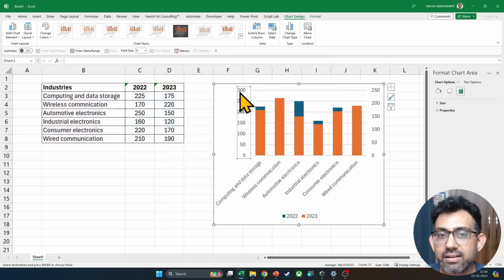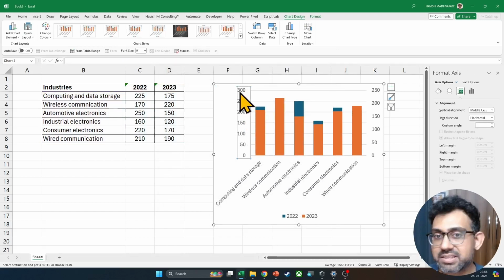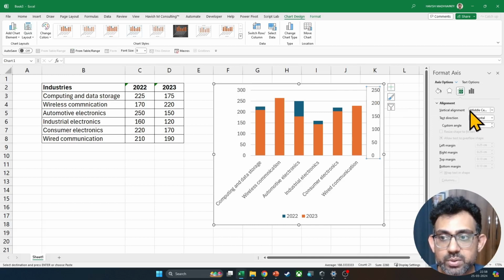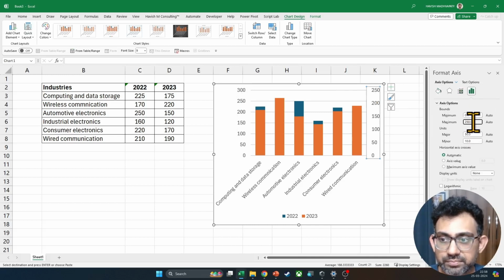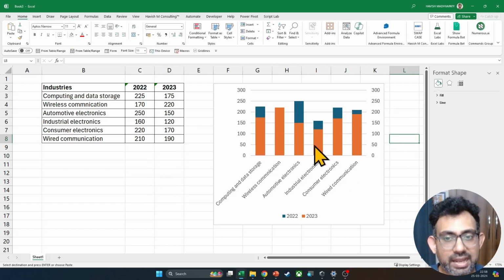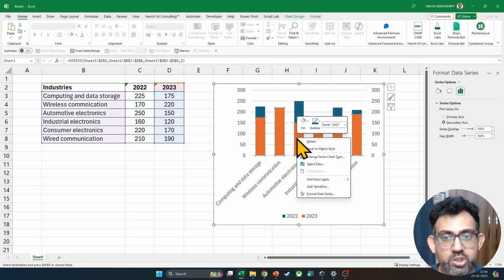Now you notice that the primary and the secondary axis are not at the same upper limit, so we have to make sure that the other one also is 300. And now we can see 23 is the one in orange, which we can change to